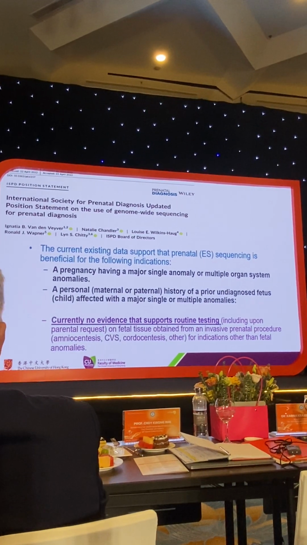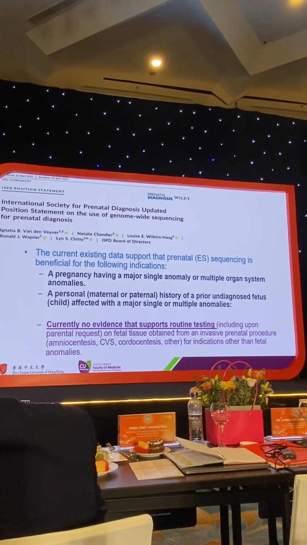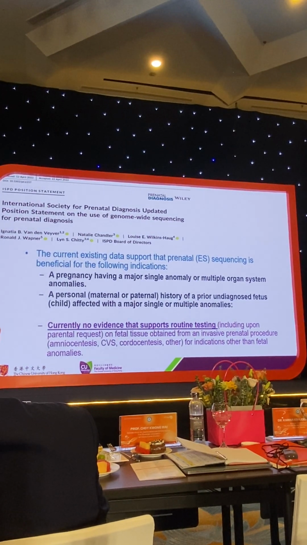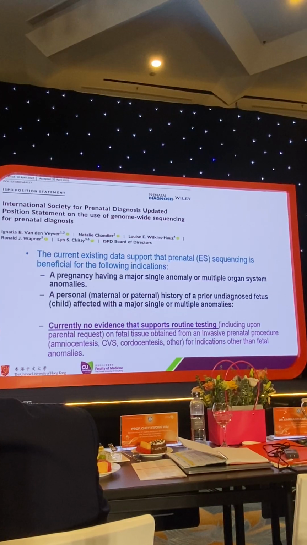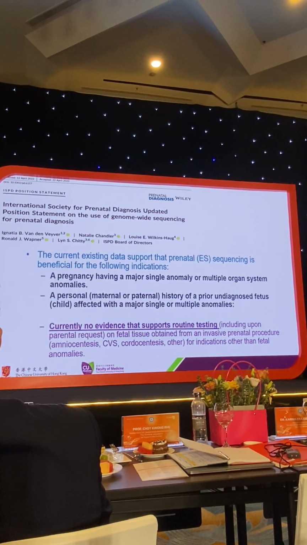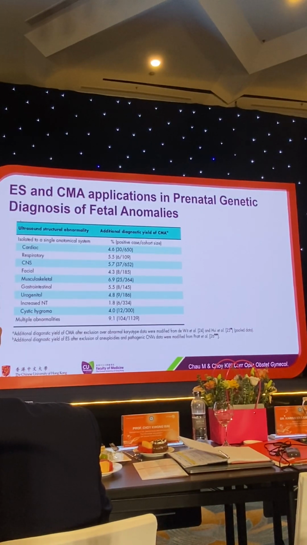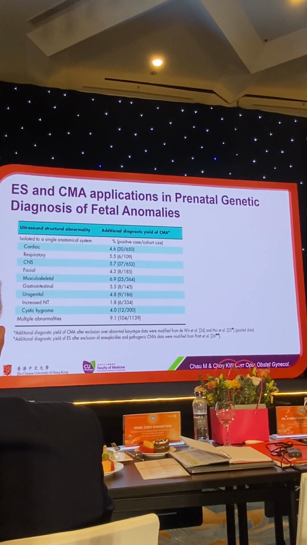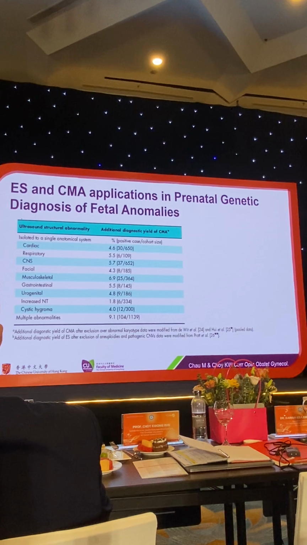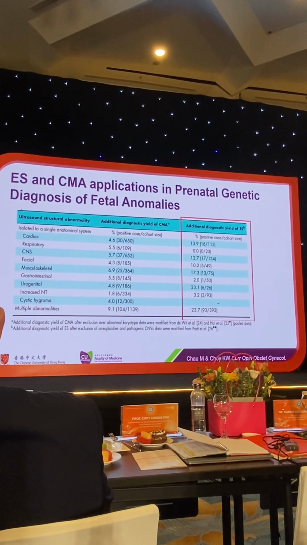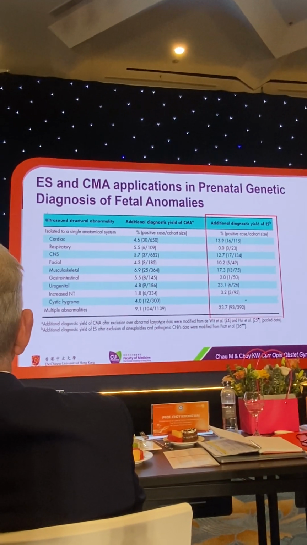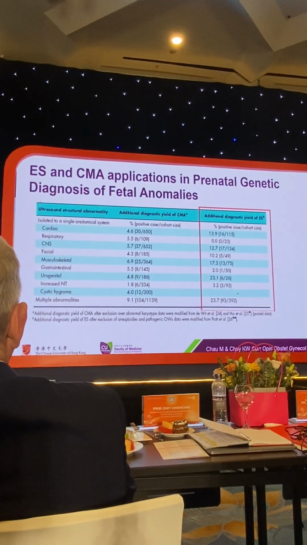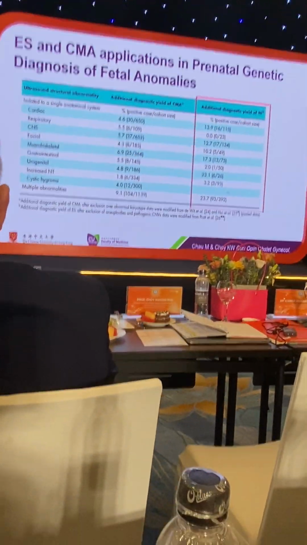That's why prenatal exon sequencing at the moment is more guided and recommended for pregnancies with either a single major or multiple organ abnormalities. So where's the data? All the data, no matter O or U, is the same. First, for sure, CMA and exon sequencing give an enhanced diagnostic yield. And the diagnostic yield is different, depending on what's the involvement of